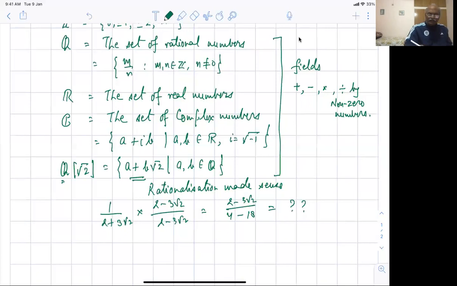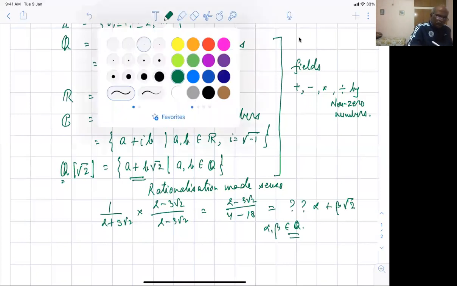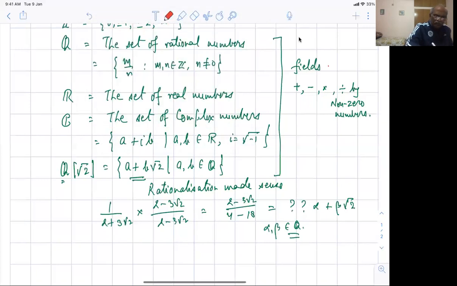So just simplify it. So you'll get some alpha plus beta root 2. You'll get it like this, where alpha and beta are rational numbers. All right, this is what you'll get. So I'd like you to understand. And whenever I do this, I would like you to note here that all the fields that we'll be looking at, we'll write it as F. So F for fields. Is that okay? That's the way we are going to represent. Sometimes we may change, we may be particular, but in general it is F that we are looking at.